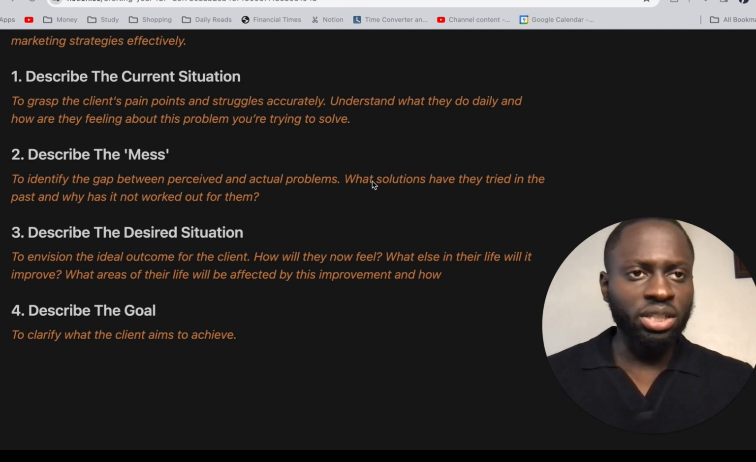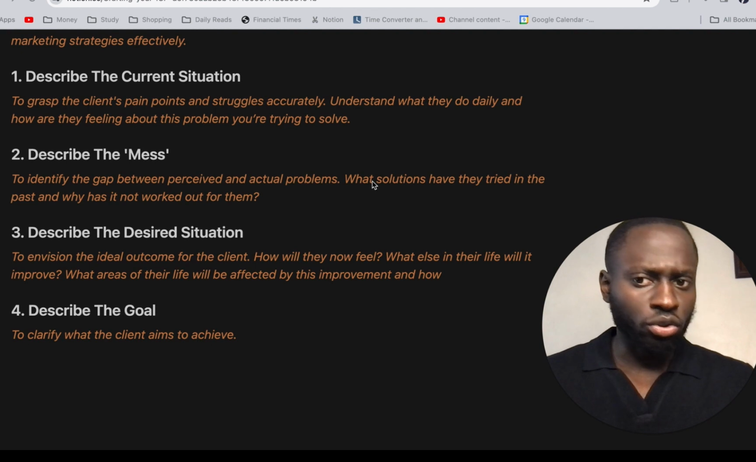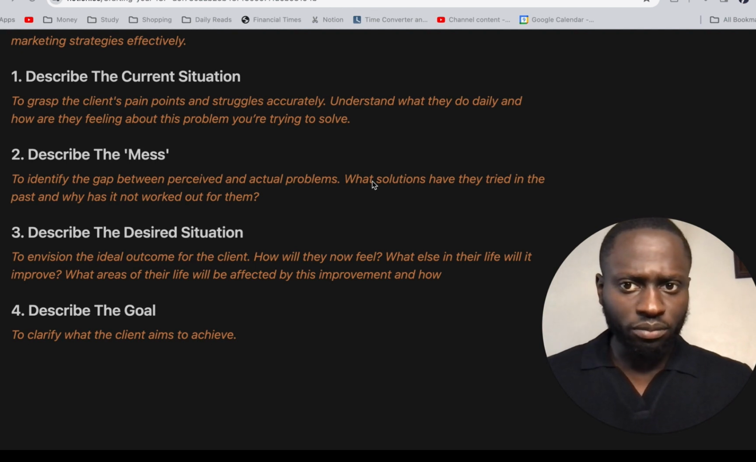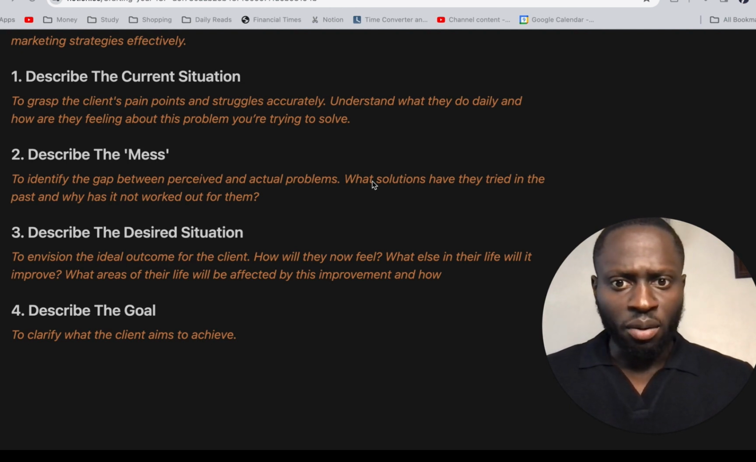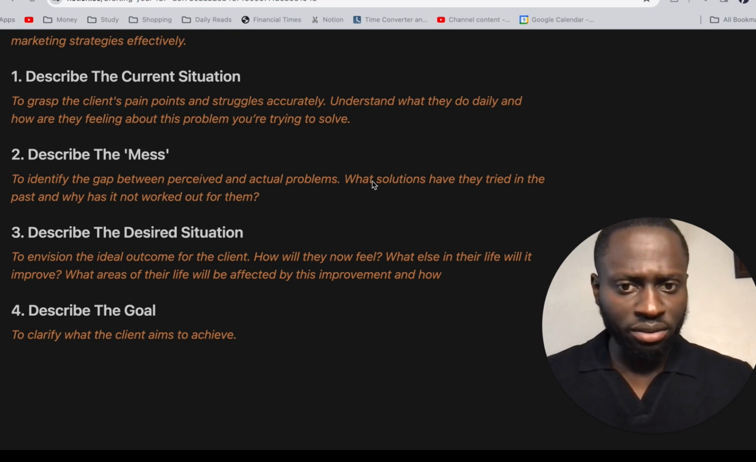Consumers have their perceived problems, and the perceived problems are always different to the actual problems. So you, as a business owner, as a marketer, you want to be able to identify the gaps between the perceived and the actual problems. And once you've identified this, you will then be able to lay out what solutions they have tried. So you're trying to perceive, okay, what solutions have they tried in the past